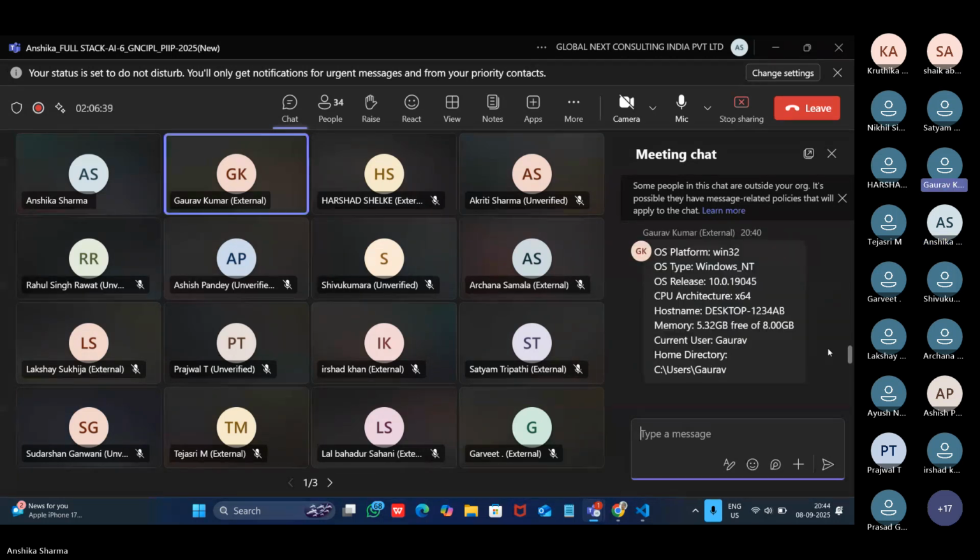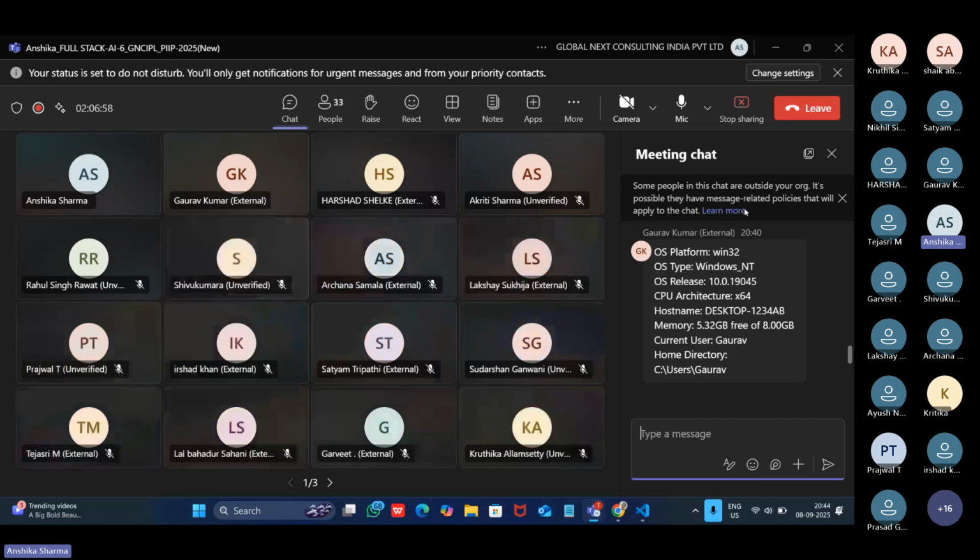Ma'am, there is no option in here. So you are having a problem in sharing the screenshot? Yes, ma'am. There is no option for the screenshots. You just have to take the screenshot, copy that screenshot, and then paste it.